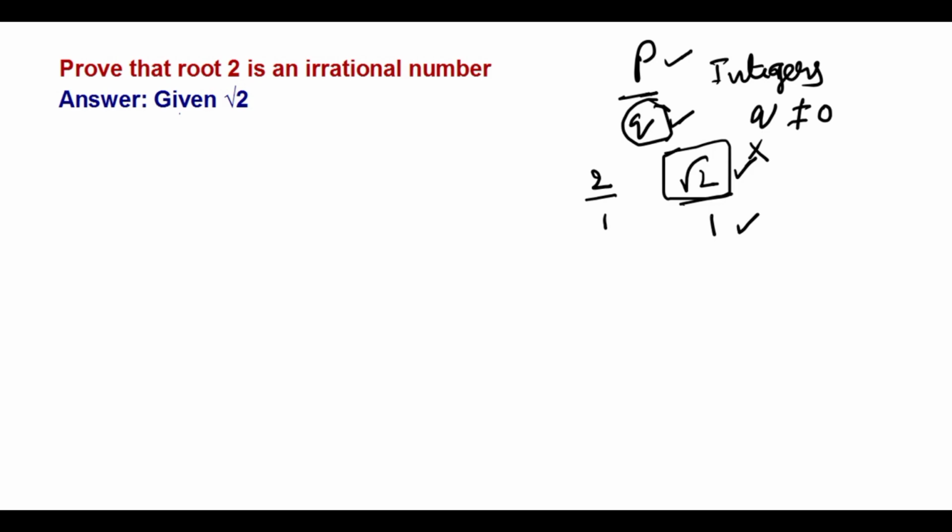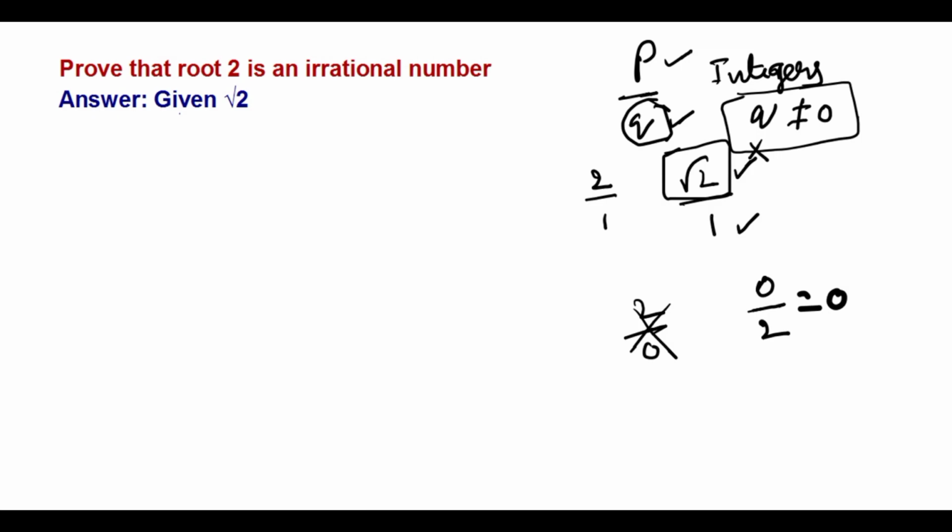Q is not equal to 0, because if you take Q equal to 0, a number divided by 0, that result is undefined. I repeat, a number like 5 or 2 divided by 0, so 2 divided by 0, this result is undefined. But 0 divided by 2, this result is 0. So here Q is not equal to 0. If you know this basic concept, then it's very easy to solve this problem, right?